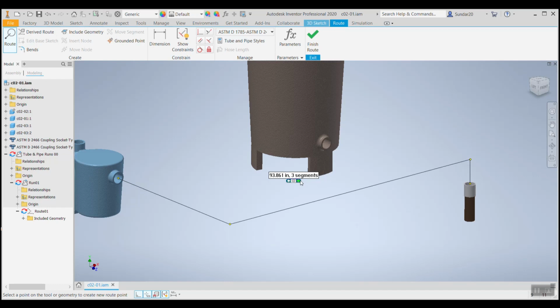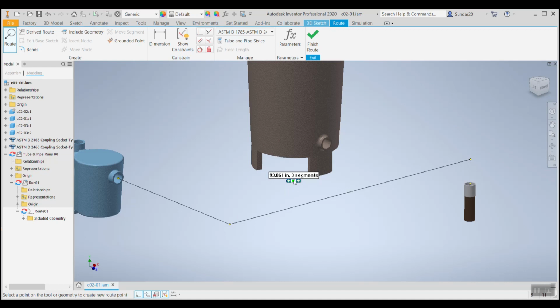And for each and every variant, the segments are increasing. So whenever segments are increasing, your fittings will also be increasing, right? So if the segment is 4, you need to put an elbow here, here and here. And if it's 5, 1, 2, 3, 4, so we need 4 fittings. And the main criterion for a designer is to reduce the cost. So we'll go with the minimum segments so that we'll have only 2 elbows, that is 2 fittings.